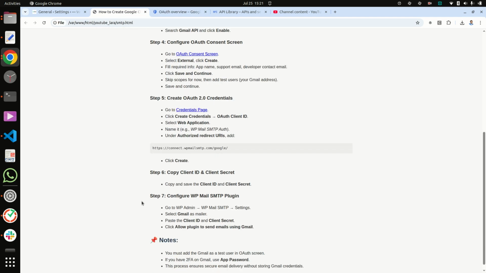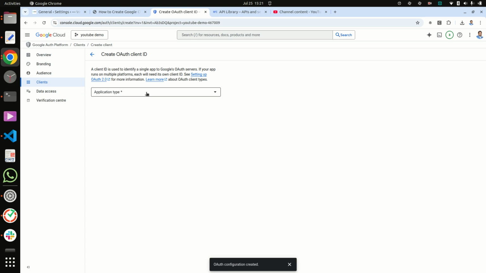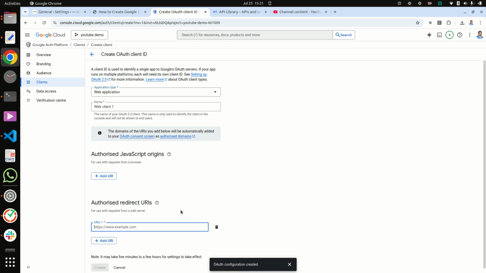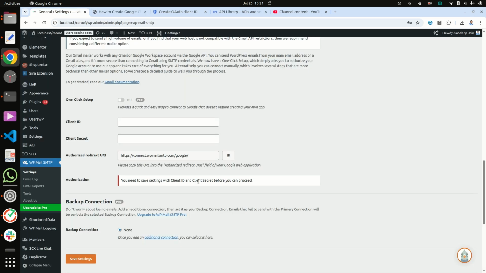And then create OAuth 2.0 client. So go to the credentials page, okay, and add here, select web application, and here authorized redirect URL, and click here, and you will get the redirect URL from here.